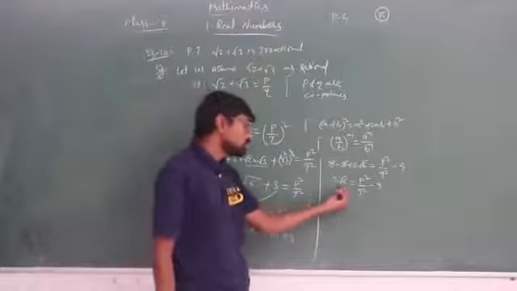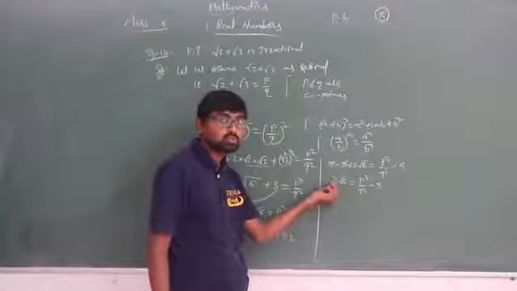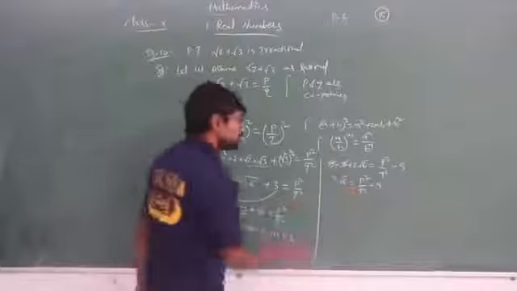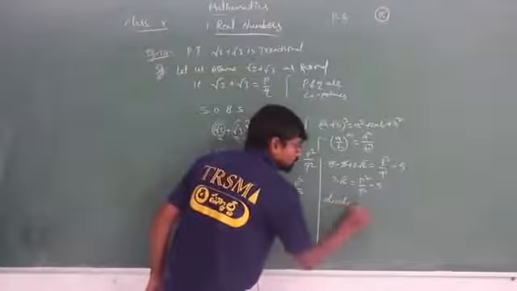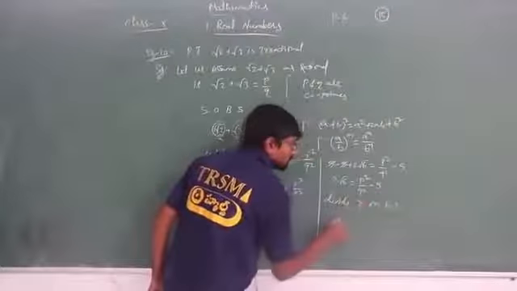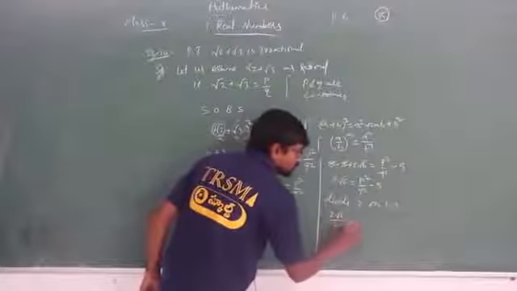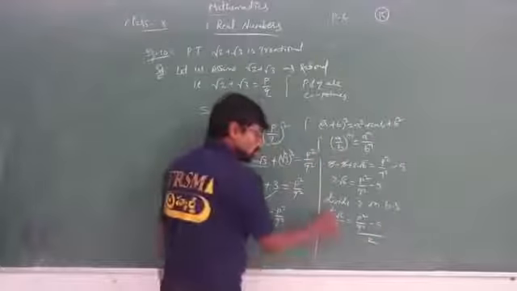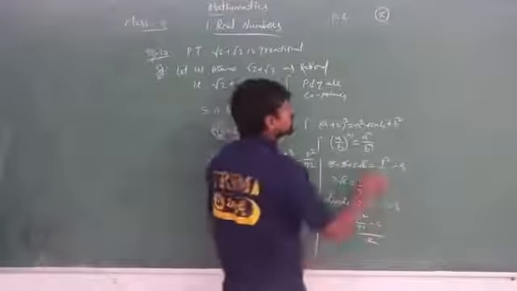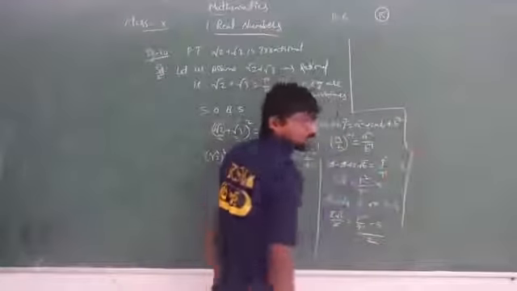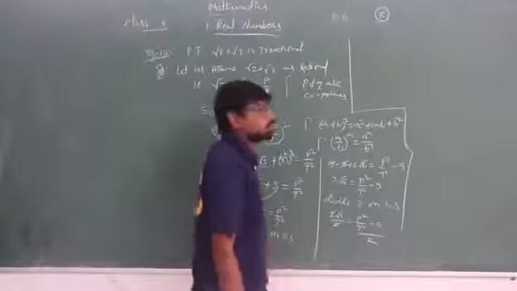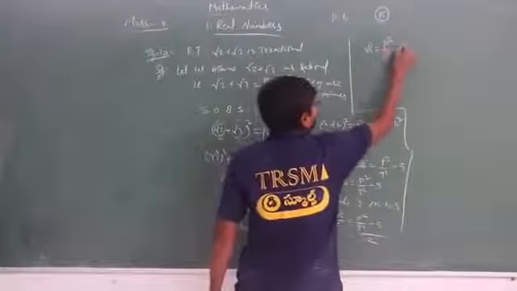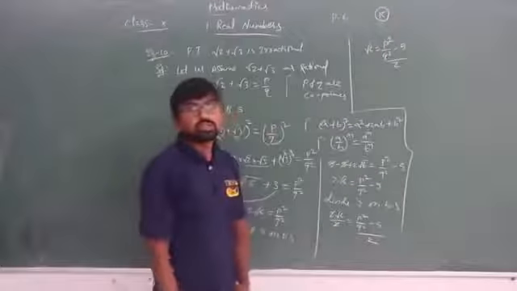Now, along with root 6 we again have one more thing, that is 2. Here 2 is multiplying, so I have to use the multiplicative inverse, that is, divide 2 on both sides, isn't it? So 2 root 6 by 2 is equal to P square by Q square minus 5, divided by 2. Here 2 by 2 I will be getting 1. So what is left here? As space is insufficient, I am writing here: root 6 is equal to P square by Q square minus 5, divided by 2, isn't it?